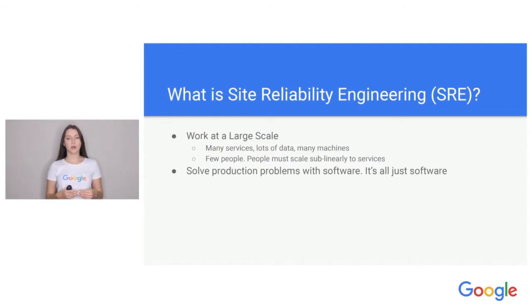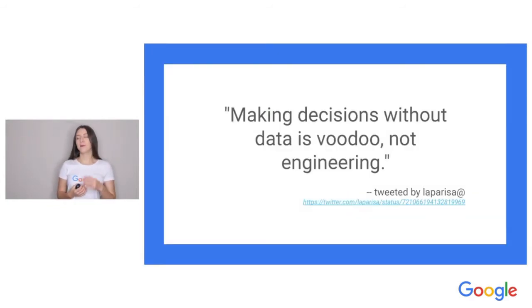So SREs in Google are either working on huge projects such as Search or Gmail, or on really important services such as Google Payments. One of the main SRE principles is that we use software to run production. SREs easily get bored of repetitive tasks and try to find a way to automate them. Me personally, I'm working as an SRE in a team that supports a pipeline for data processing and making ads